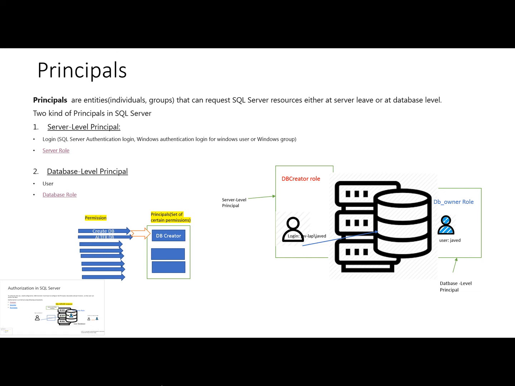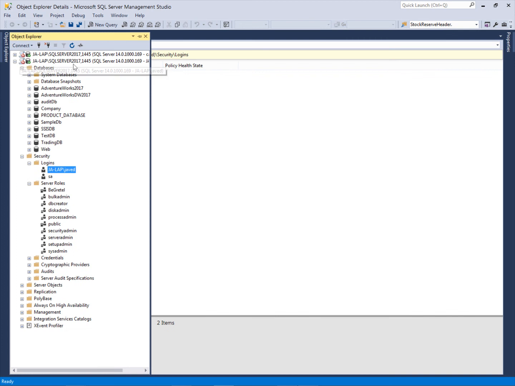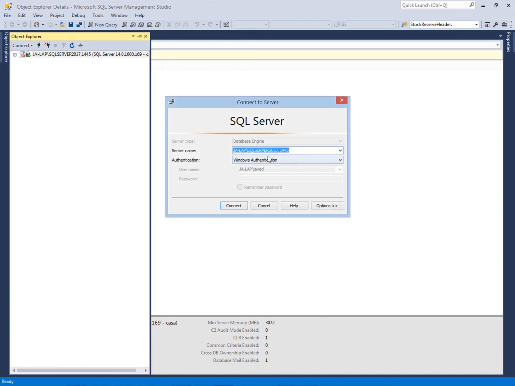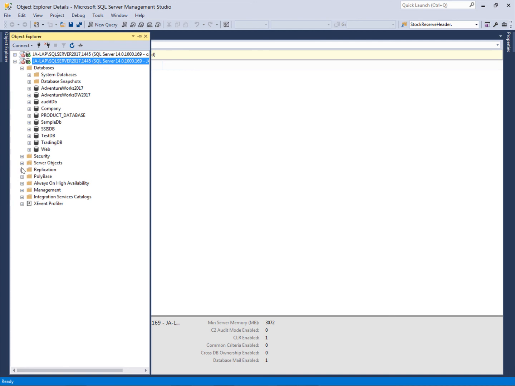Now if I go to SQL Server Management Studio, here I am logged in with the Windows Authentication login. I can show this login. When I logged in, SQL Server authenticated me and assigned me some roles at the server level. So let me check these logins.